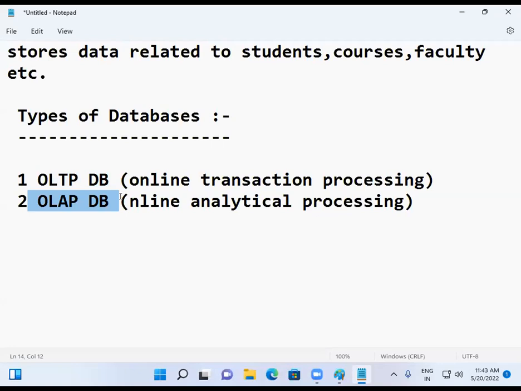So the bank wants to analyze the data. They want to analyze the last 5 years of customer loans data. Who is paying, whose payment is what, time to time, who is not paying well. Now they want to analyze the last 5 years loans data. So which database do they use? OLAP. So one is for storing day-to-day transactions, one is for analysis. One is for running the business, another is to analyze the business.